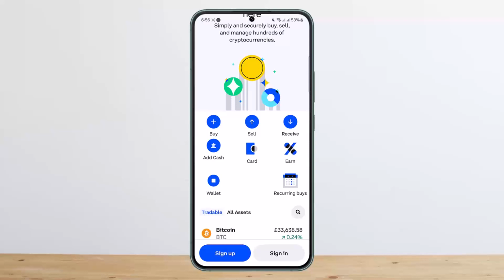Now on the home page you'll get various options at the bottom of your screen, and there you'll see the option that says assets. You want to head into the option that says assets in the navigation bar, then select next to your local currency, and then you want to choose the cash out option. You want to enter the amount of currency you want to cash out, select your bank account, and then choose continue. Once you select continue, then you want to choose the option that says cash out now, and you'll be